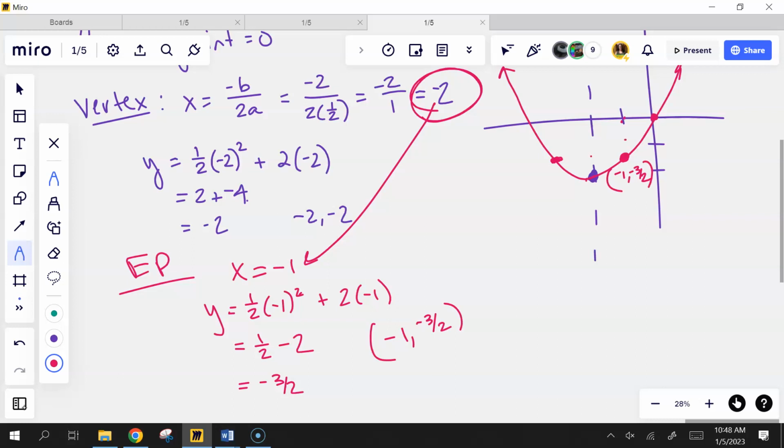Negative 1, negative 1.5. That's correct. It's the x part of the vertex. So then we needed an easy point. And I told you to use the y-intercept if you could, but for this one, I just wanted to show you what would happen if you didn't use the y-intercept, because sometimes you can't. And this one we could have, but